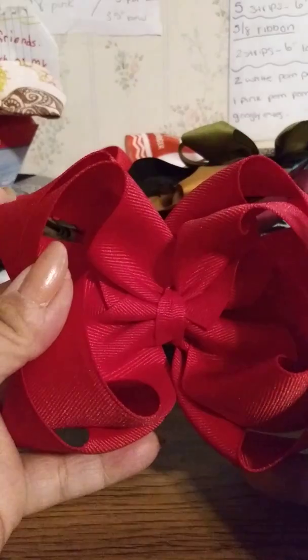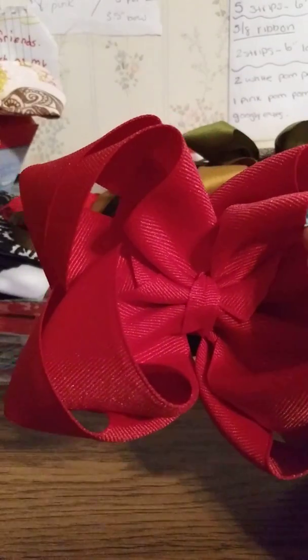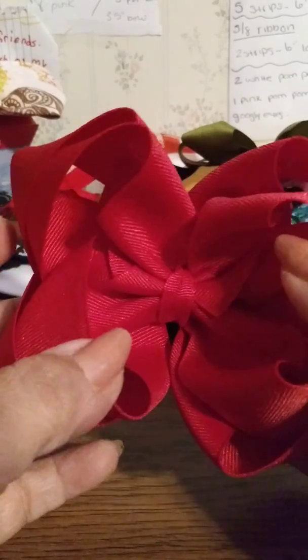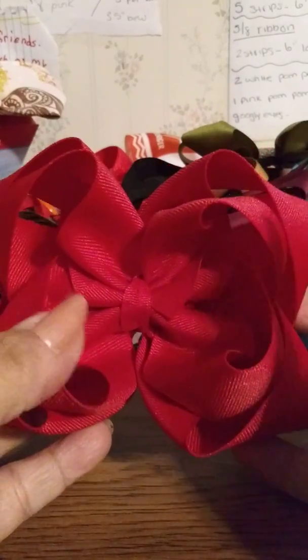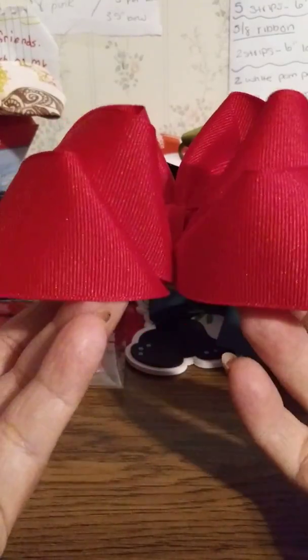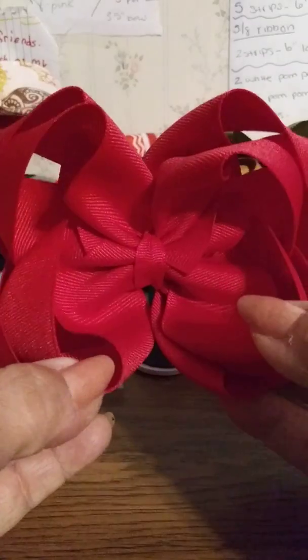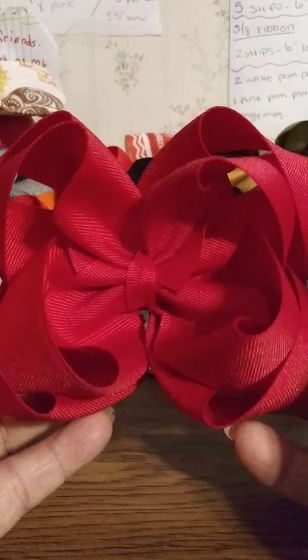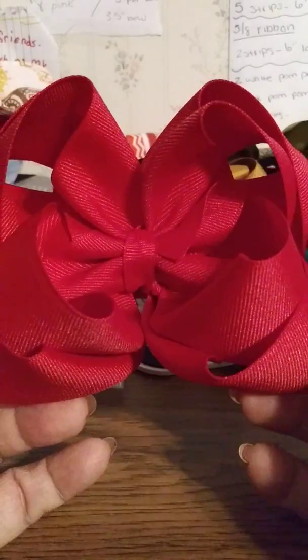Hi everyone, it's been a while since I've made a video, but I recently saw this in a group and I really liked it. I decided to try it out and I'm calling it the double stacked boutique bow. I don't know what the real name is, that's just what I'm calling it. It's super easy